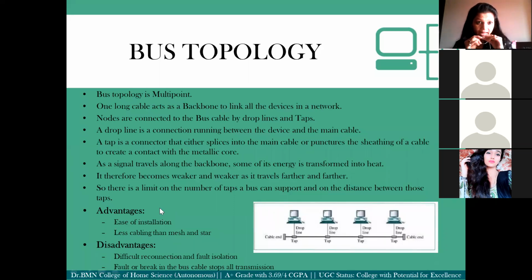Okay, so the drop lines are not big-length wires. No, they are short wires, because the backbone is laid out in such a manner on an efficient path that the devices can be nearby, not very far. I am not saying that all the drop lines should be of equal length. They can be of various lengths, but the bus is laid out in such a manner that more or less it is close, not very far from all the devices. I hope you all have understood what I'm trying to say.